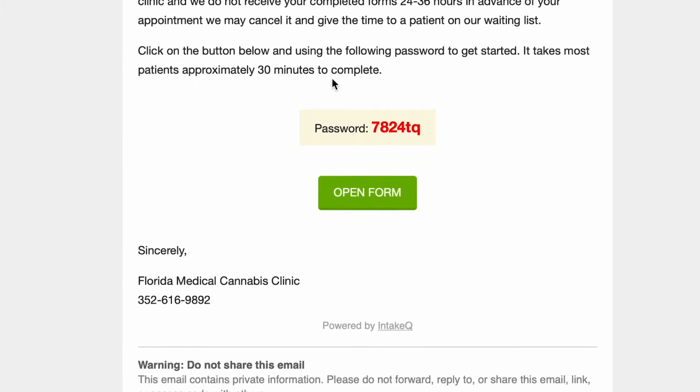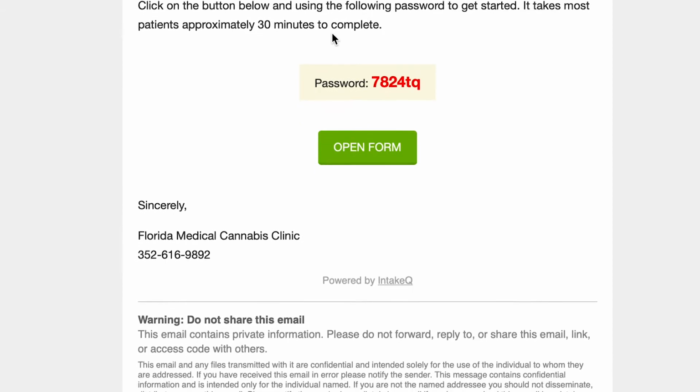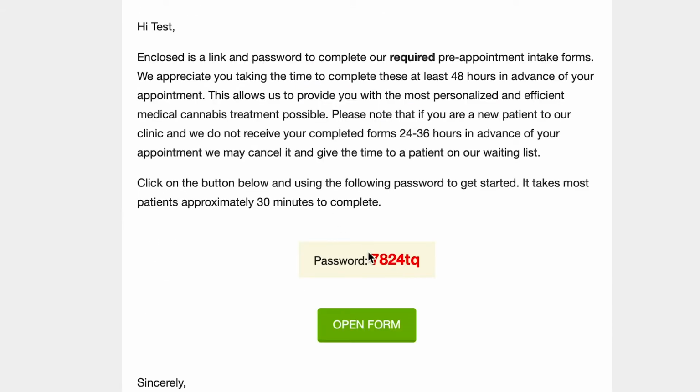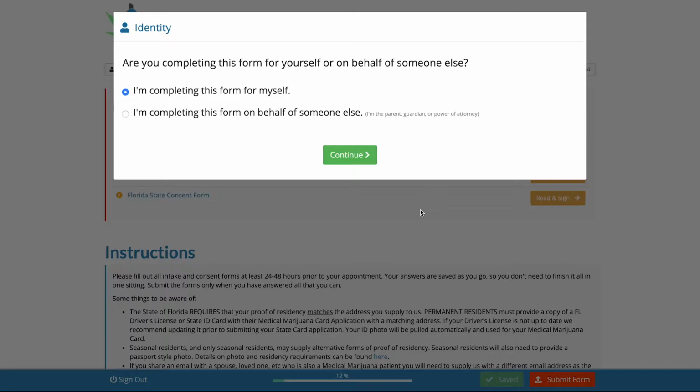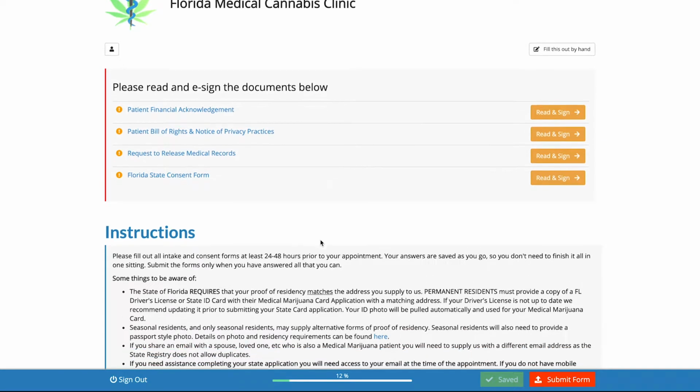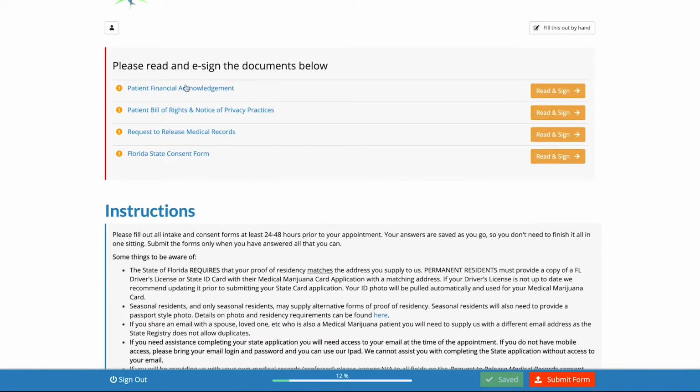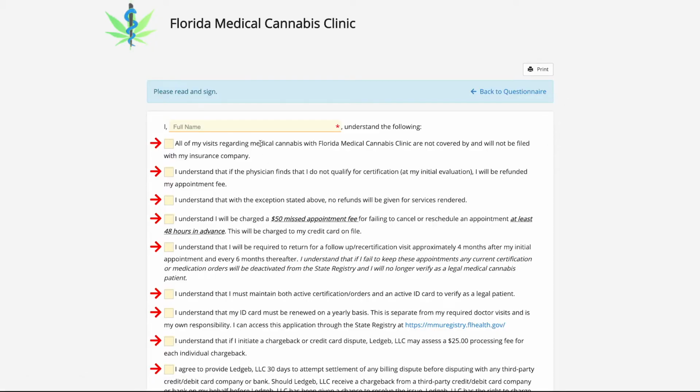The first thing you're going to do once you get to that email is copy that password down, whether you write it down or copy it to your clipboard. Click that link, paste that password, and go ahead and open those forms. If you're completing it for yourself, check that off, and then you're going to fill out each of these consent forms. Now, I'm not going to do all of them, but I am going to show you the gist of